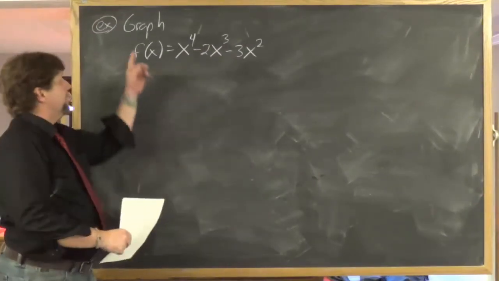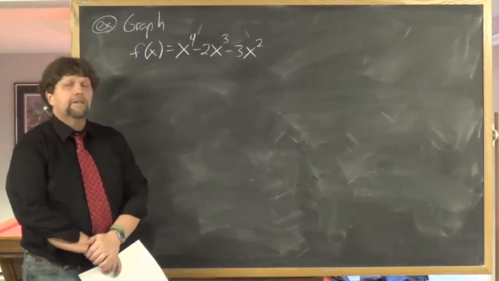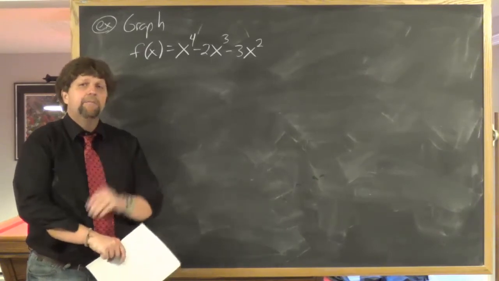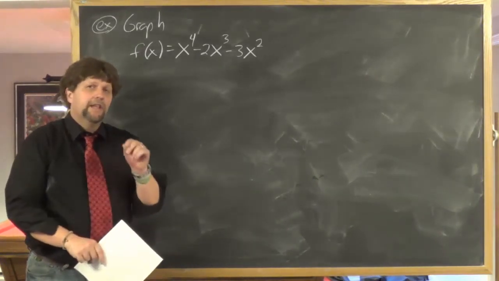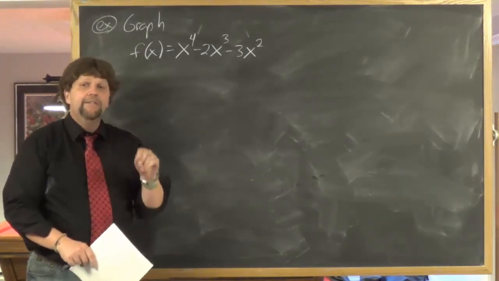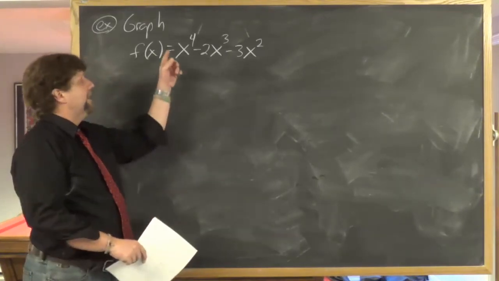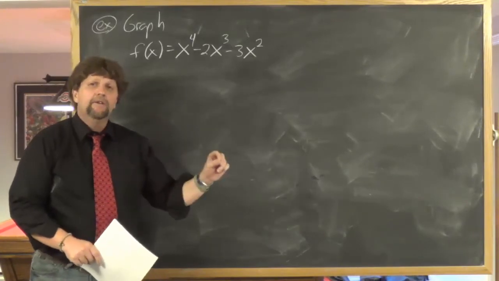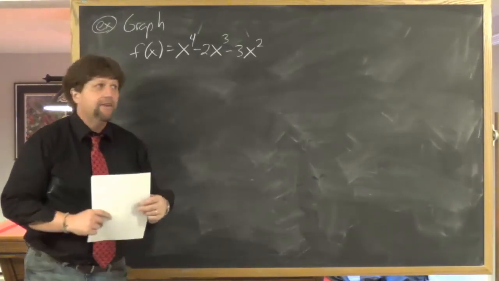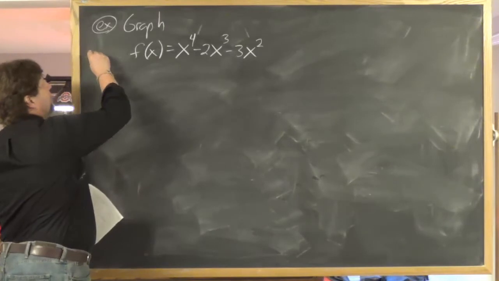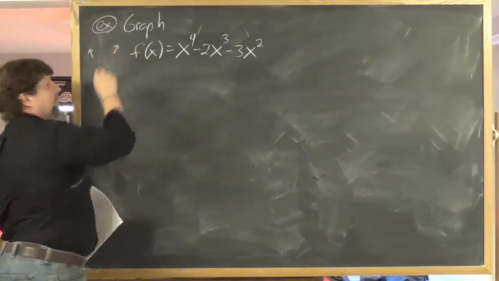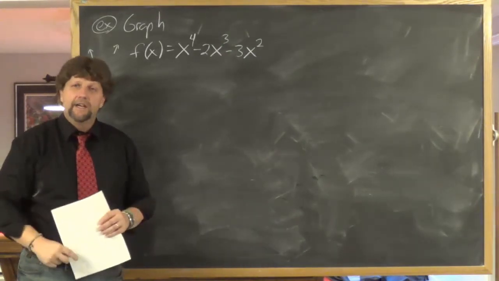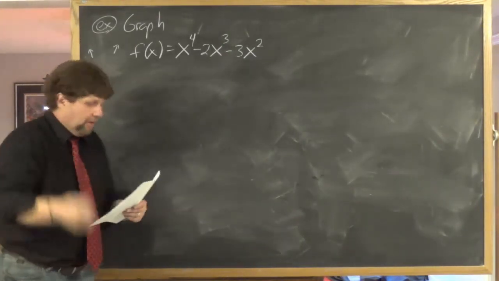Alright, here we are folks. We're going to graph this function, f of x equals x to the 4th minus 2x cubed minus 3x squared. It is a polynomial function. The first thing that I note is that it's an even degree, and the leading coefficient is a positive 1. Even degree, positive leading coefficient, I know for the graph I must have both ends shooting up. I haven't done any work yet. I've just used the leading coefficient test. What I would do next